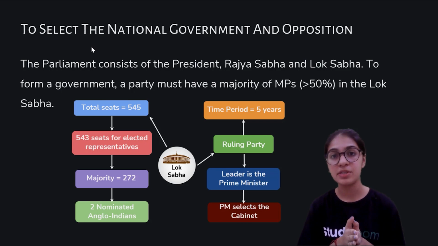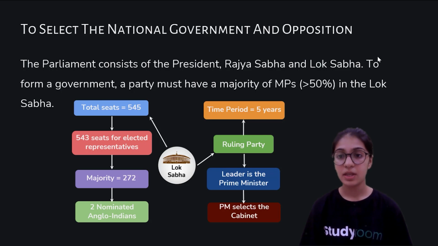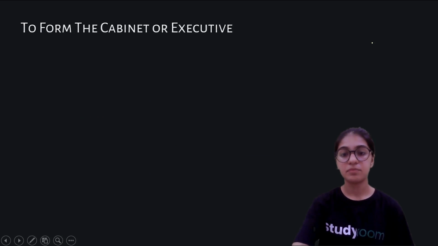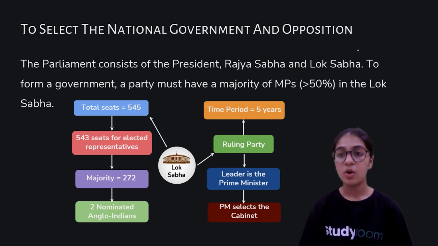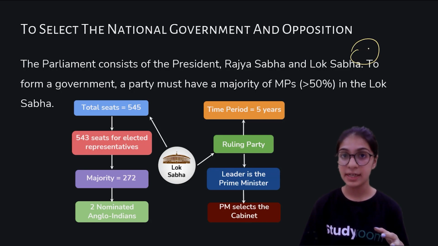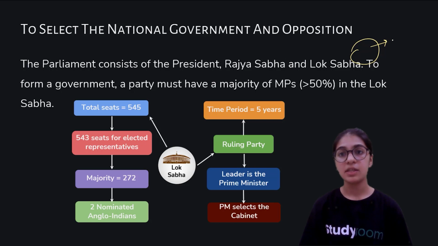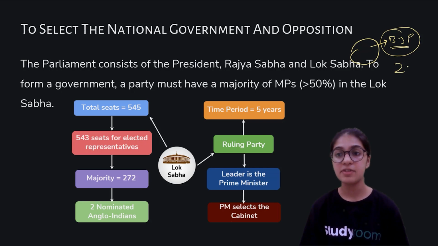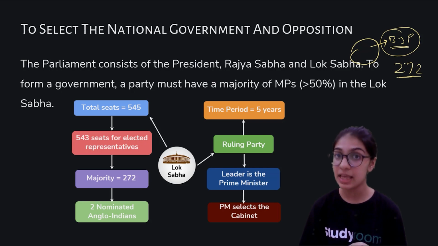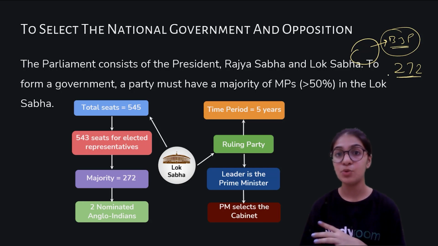Now what basically happens is, as I told you, that at the end of the voting, when the results come out, they basically see that of all the elected representatives chosen by the people from each constituency, if the majority are the candidates who belong to BJP, they will become the ruling party. But there is a condition on whether they become the ruling party or not. Only if the number of elected representatives is more than 272 will they become the ruling party. Otherwise, they do not become the ruling party.